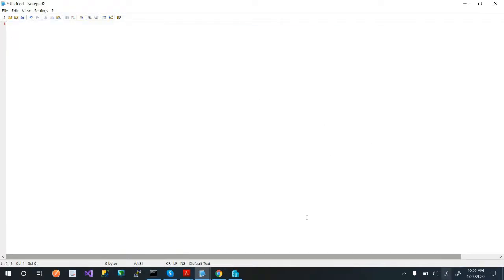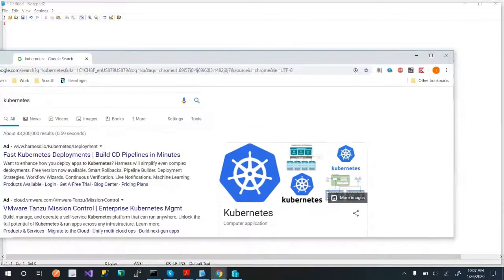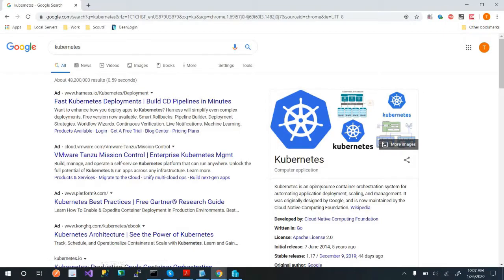But with that said, what is it? If you just Google it, there's a lot of stuff out there. It's open source, which is really cool, and it is designed by Google. Google years ago created a product. I can't think of the name of it, but it's a really cool name, something you'd hear in a Dungeons and Dragons type scenario, but then it later became Omega, and then it later became Kubernetes. Don't ask me if I'm pronouncing it correctly.